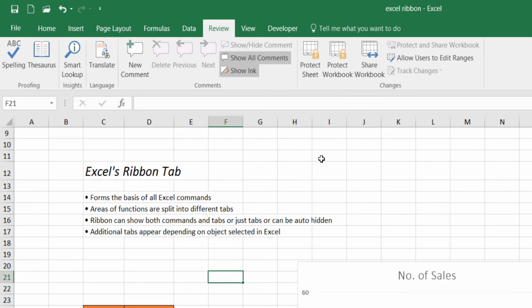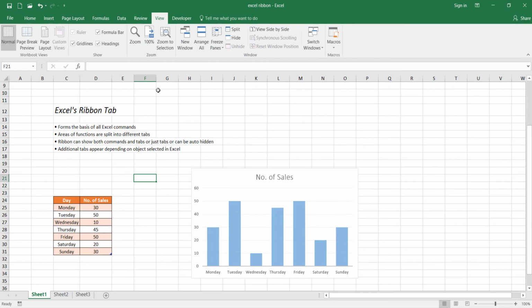So that's the Review tab. Now the View tab is literally what it says. It basically controls how you view your spreadsheet here. So most people, in terms of viewing it, tend to stick to this option here, Workbook Views, Normal, or Page Break Preview. You can also here, for example, control how much you want to zoom in and zoom out of